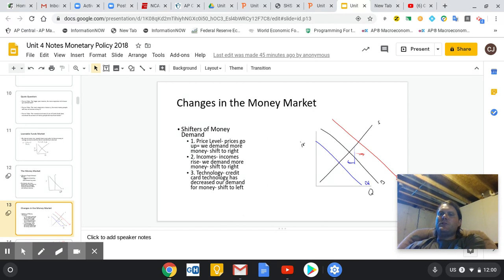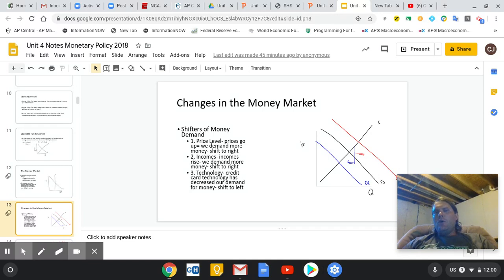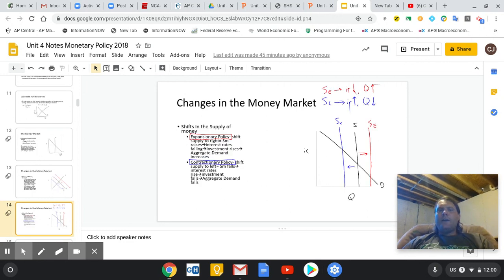Both from a consumer standpoint and from a business standpoint, right, for investment. And so what we need to understand is when we shift our demand to the right, our quantity of money that's being spent is increasing to the right. Okay, and we're going to tie this into the aggregate demand graph here in a second and make some sense out of it. All right, and then if we change our supply, you can see that again our equilibrium changes,